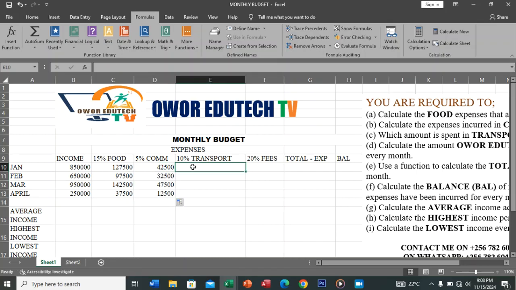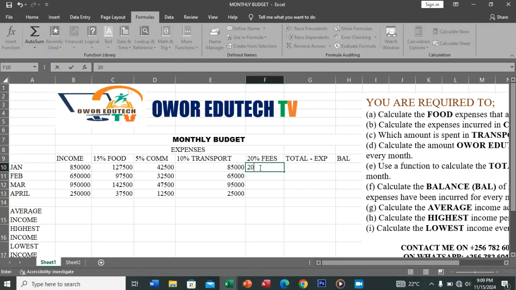You come and put equal sign under transport. Then you put 10 divide over 100 times income, B10 throughout. So that is the 10% of that. Then we come to fees, 20 over 100